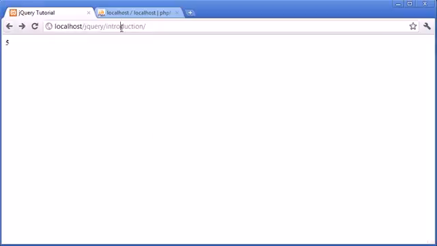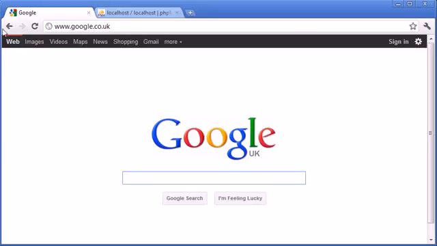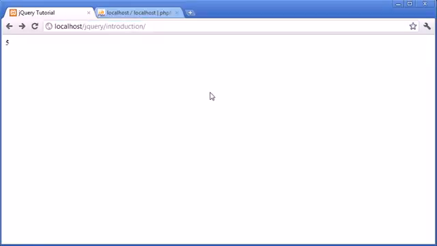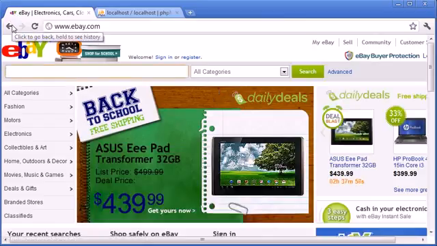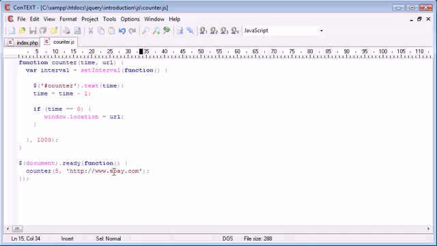Now if we have, say, a page that takes slightly longer to load, for example, let's say ebay.com, and when we go ahead and test this out once again, hopefully eBay takes a bit longer to load and you'll see this flicker to 0 before you actually see it redirect. There we go. Right, you saw it flicker to 0 before the redirect happened, and that's because the ebay.com website obviously takes slightly longer to load than Google. So we have a problem here,